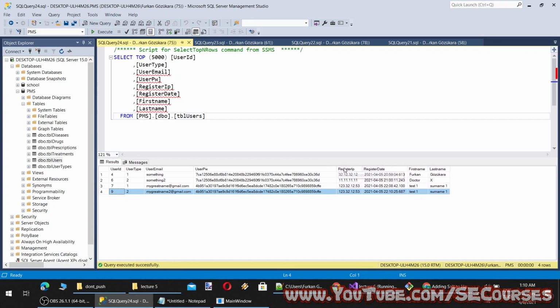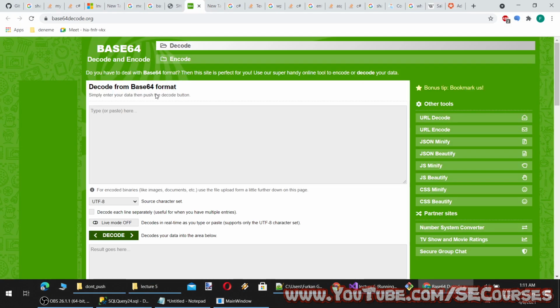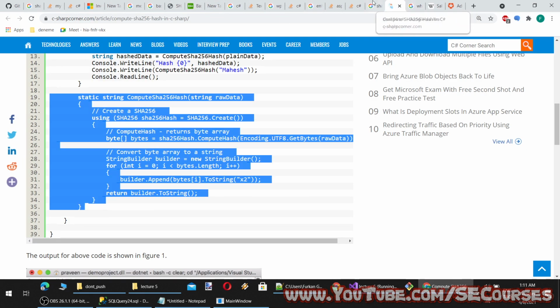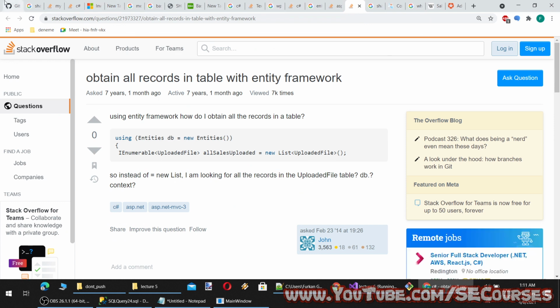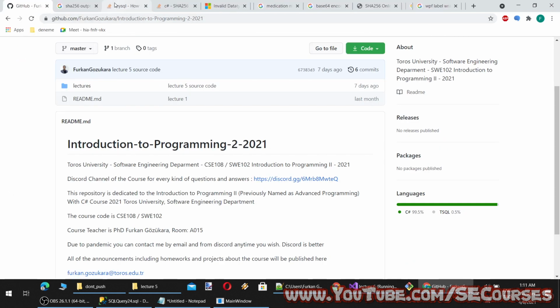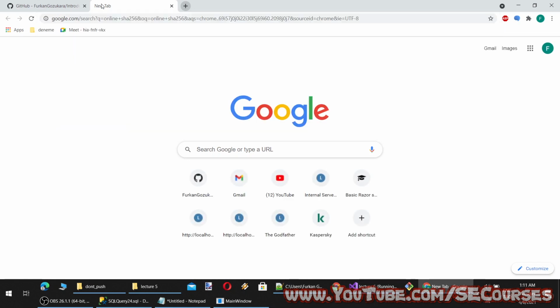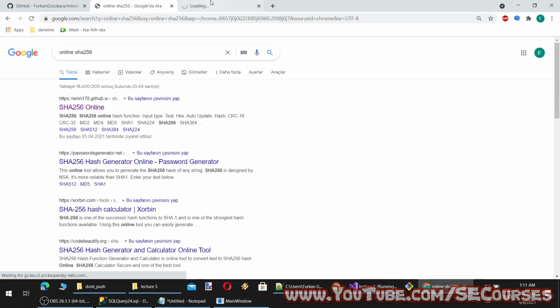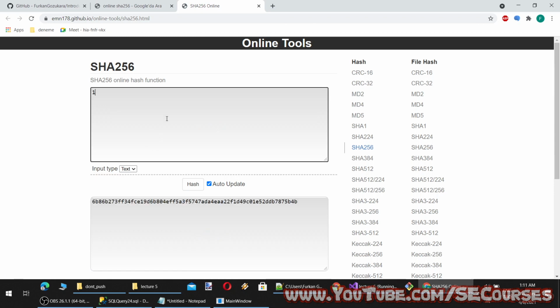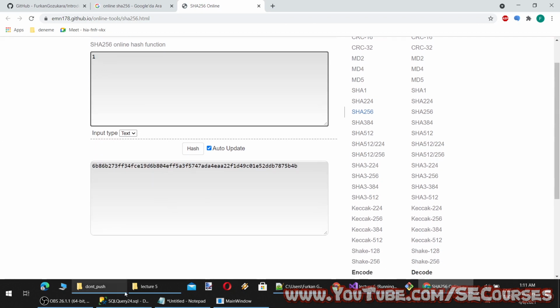By the way, these are salted hashes. Normally we have written only one as a password. So where was that? SHA 256 online. So let's see. Okay, so these are not matching.